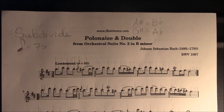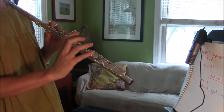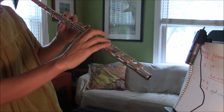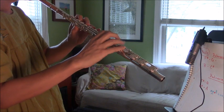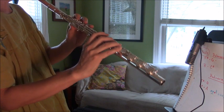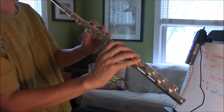Okay, so now I'm going to show you what these trills look like. When we're playing the Polonaise, one of the trills that we get to play a lot is F sharp to G. Try playing it from the note above, the G to the F sharp. Another one we play in the Polonaise is the B to C sharp. If you play the lower octave, it sounds like this. If you play the higher octave,